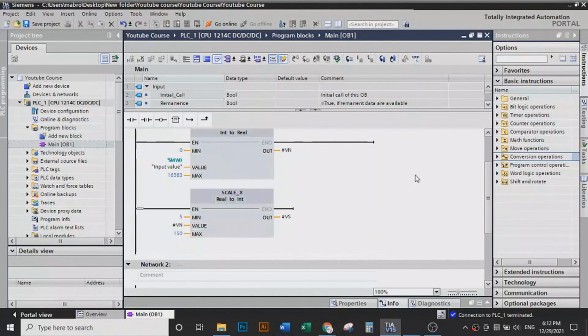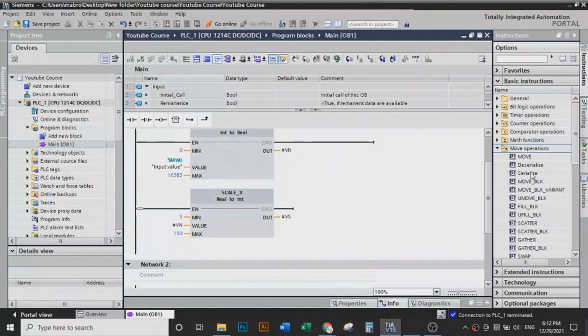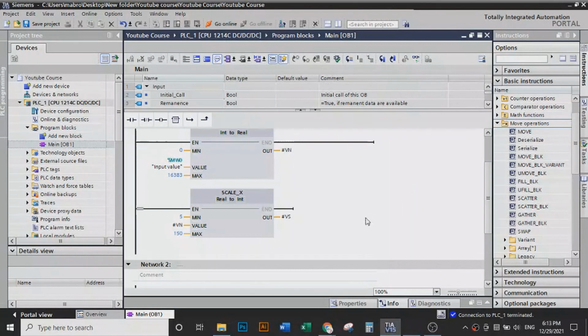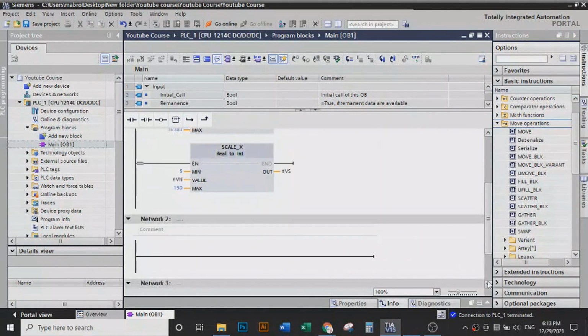So how can we do this moving operation? From the right side tab here in the basic instructions, we'll see the moving operation drop-down menu. We select this one and we see the move function. So let's see how it works. Let's bring a move function here into our code,